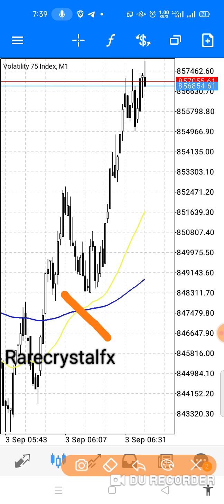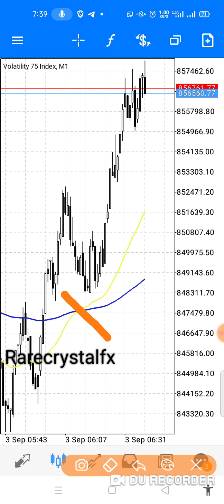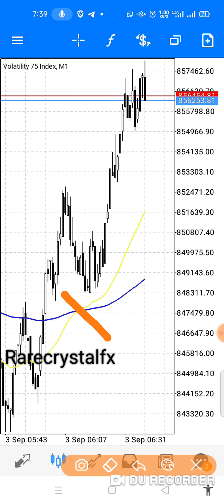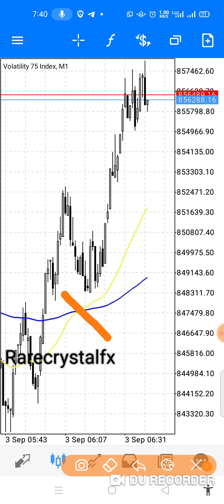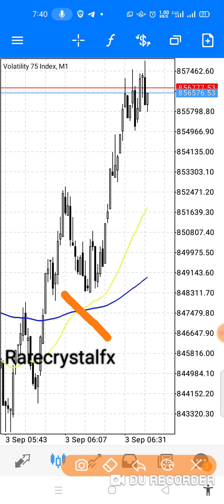You can see here at this point the 50 moving average that we have, that is yellow, came to cross the 200 moving average. Now when it crosses the 200 moving average, what will you expect? You expect the market to actually move immediately. Now in the case where the 50 moving average is crossing from below, crossing it above, then you know that that market is going to buy, like in this case. Then you make your entry,